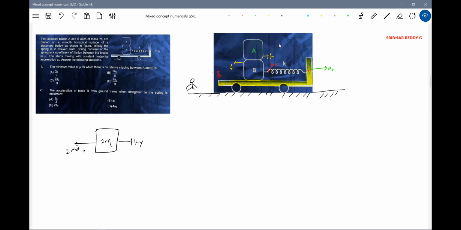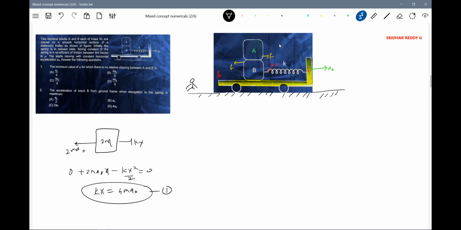So therefore, this pseudo force, now the work done by spring force. So now the velocity of this will keep on increasing. Then at maximum elongation, this will have moved from rest to rest. So net work done by the pseudo force and the spring force should be equal and opposite in the trolley frame. So therefore, I'll write the equation. Initial kinetic energy 0 plus the work done by pseudo force, 2ma naught into x. The spring force does negative work in the trolley frame, so minus kx square by 2 equals 0. So what is x equal to now? kx equals 4ma naught. This is a very fundamental equation. So what we did, all this analysis, in the trolley frame.